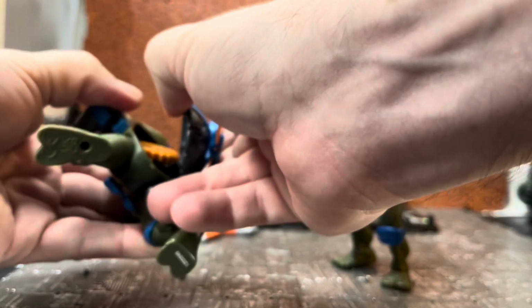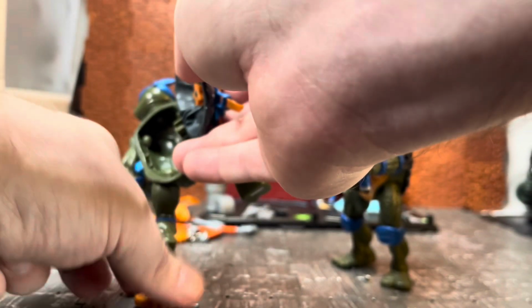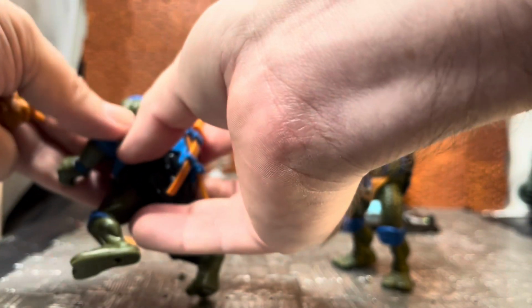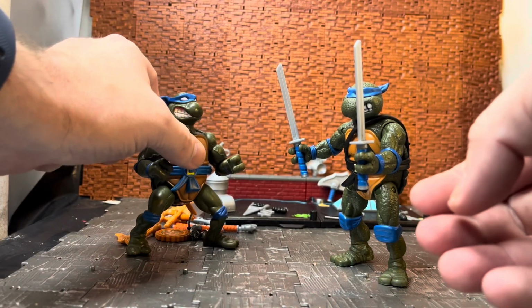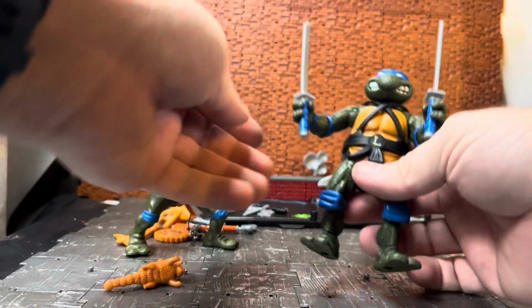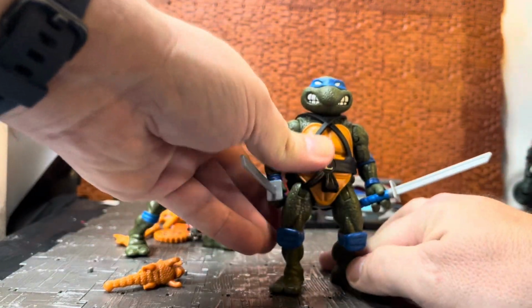Should I leave any of his gear in him? Oh yeah, he does have this weird, whatever the hell this thing is. It looks like a roadkill mace, but we'll move that aside. We'll put him there. Now, there is one thing that collectors have said about Leo, and it is the fact